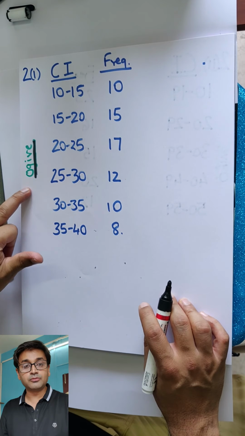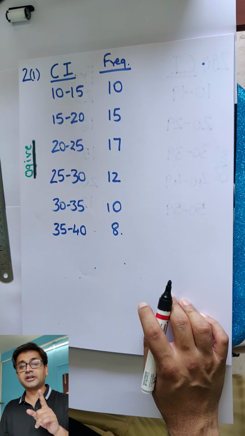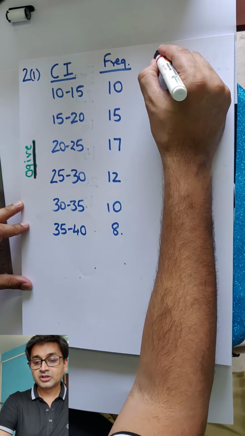So right now let's see, what do you mean by ogive? Ogive means cumulative frequency curve. Cumulative means the total. Frequency means these values, and curve. Alright, so what is this cumulative frequency curve? So for that, the first column you need is cumulative frequency. You'll have to pay special attention, so please focus. So the first column should be cumulative frequency.